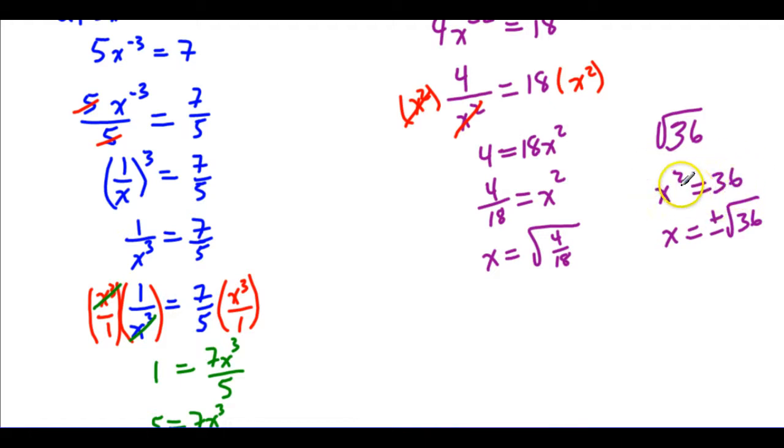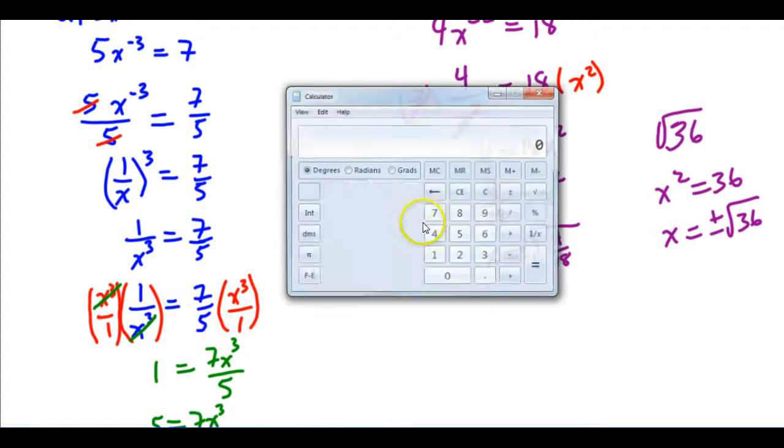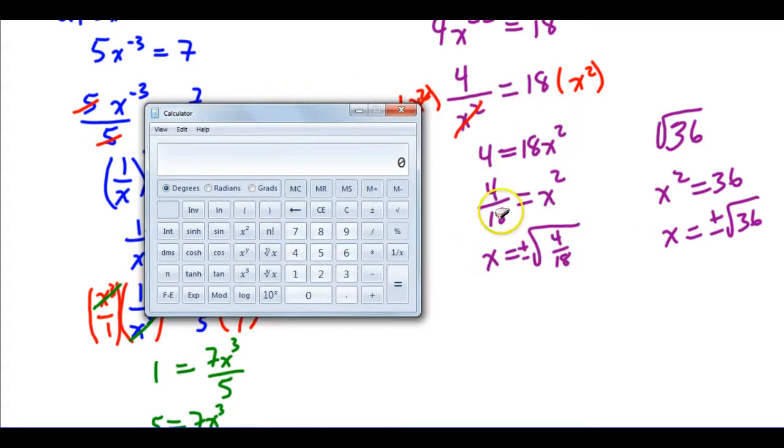So when we're dealing with square roots, we do have to consider both positives and negatives. And so over here, because I put in the square root symbol, I need to consider the positive and negative. If the original question showed me the square root symbol without positive and negatives, then I don't have to worry about it. But when I include it, I have to include both. Okay, so once we recognize that we've got plus or minus and the square root, we'll do the 4 divided by 18,